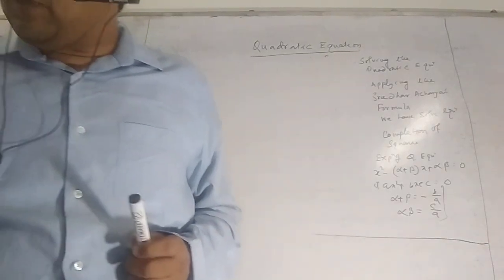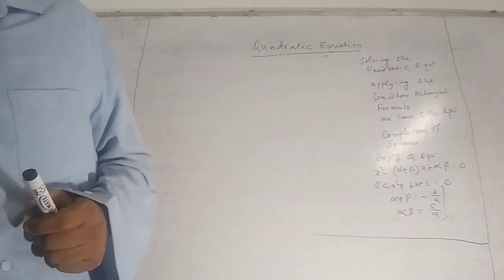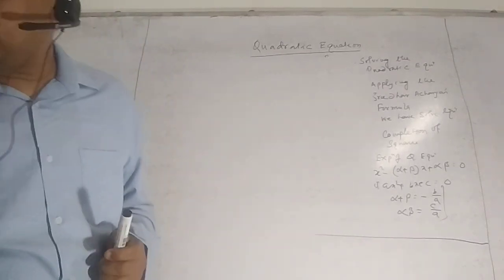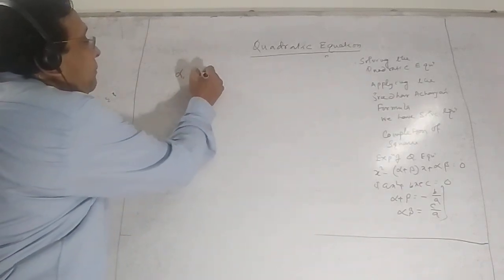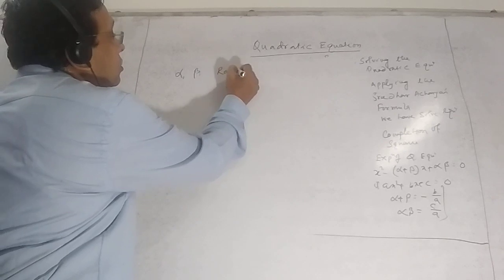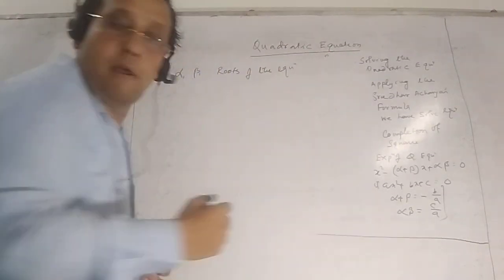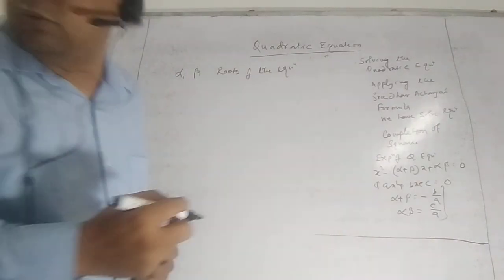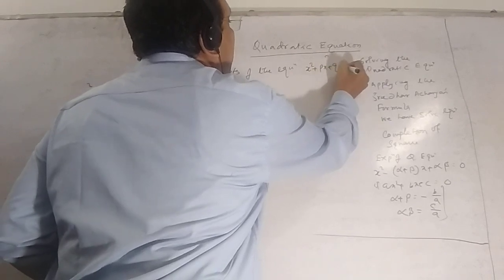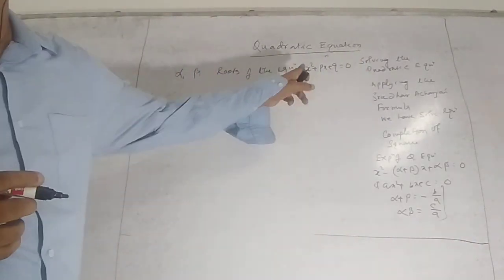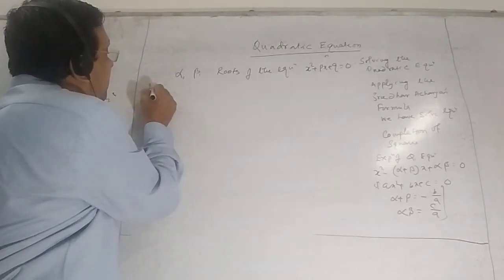Suppose alpha and beta are the roots of the equation x square plus px plus q is equal to 0. This is the thing. So find the value of